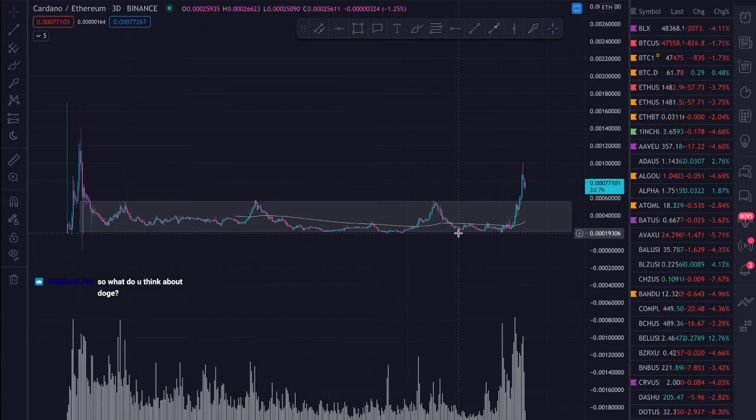So what do I think about Doge is a question that I'm getting in the chat. It's kind of a loaded question. I think that Doge has interesting social aspects to it, in the sense that, what is money? What is a currency? When you boil it down to its pure essence, money is a medium of exchange that two parties are willing to accept.